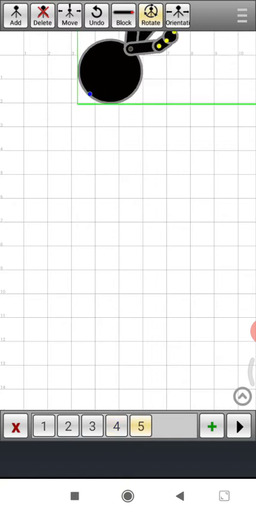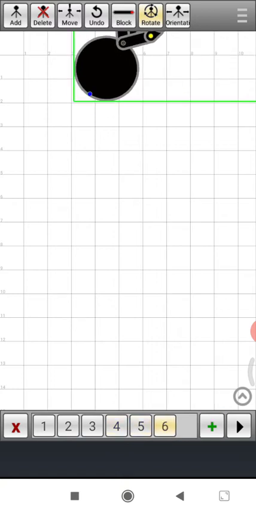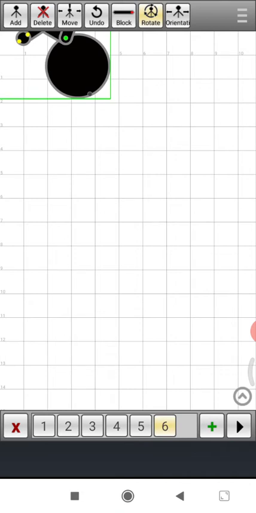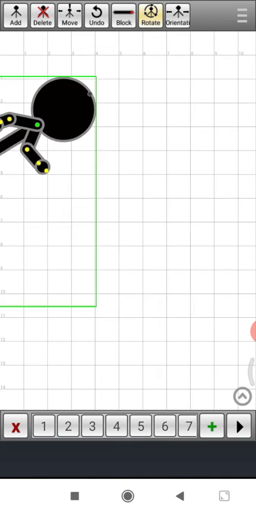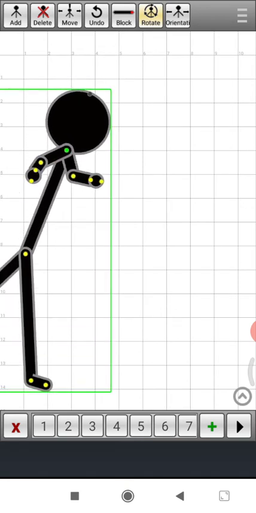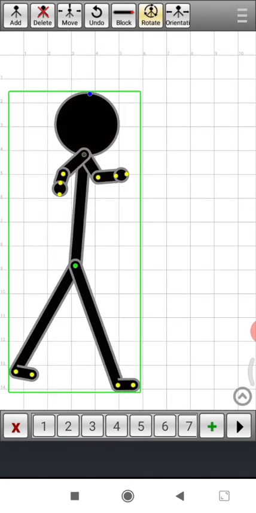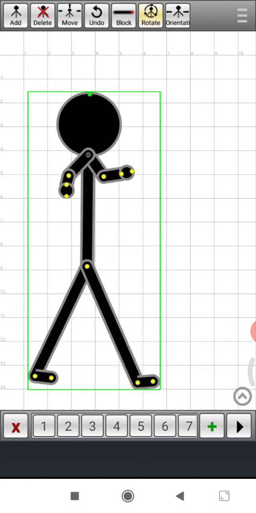Once you change the position of the stickman, click on the plus button, children. Okay. Are you observing it, children? What happens here on the screen? Okay. Now we are in the original place.